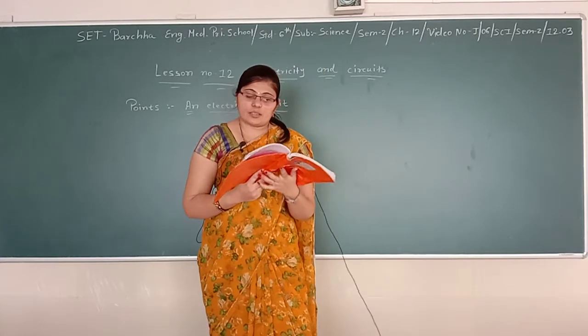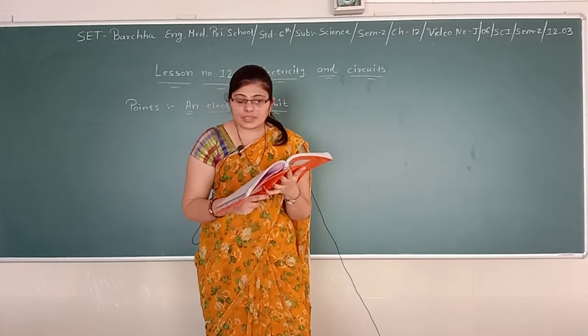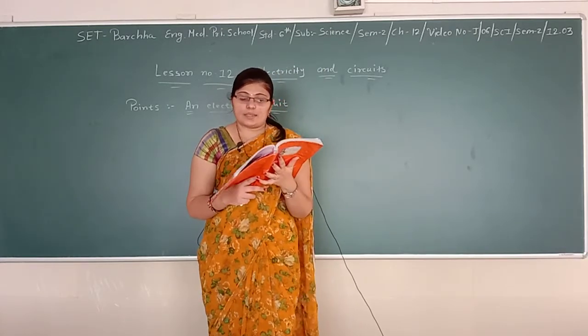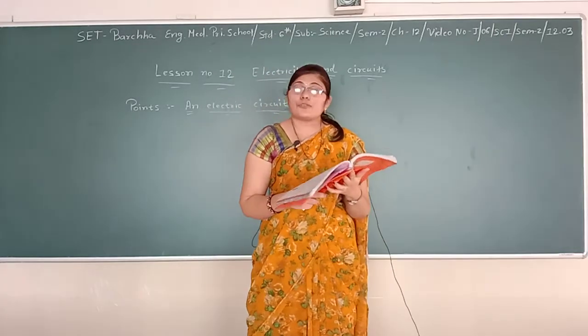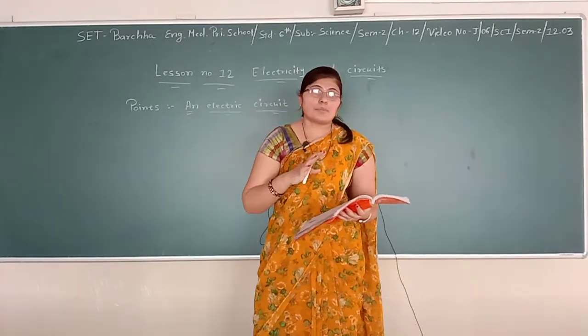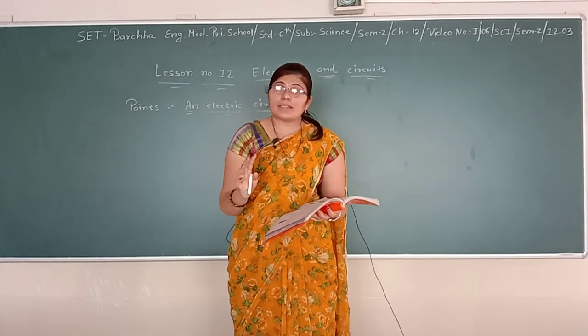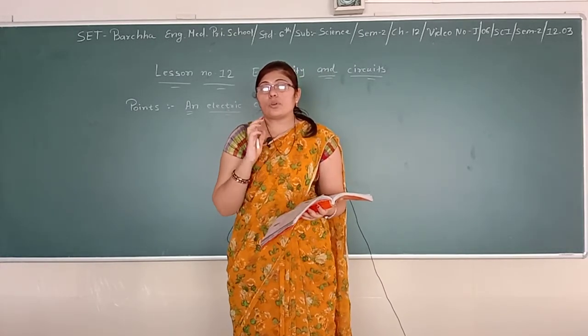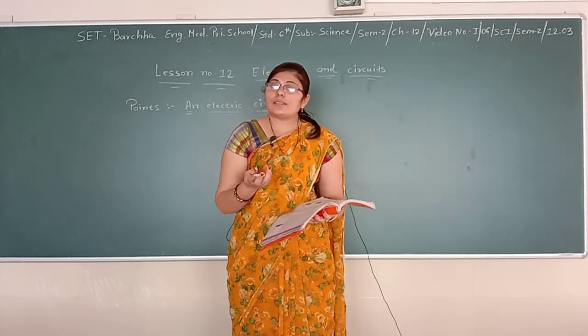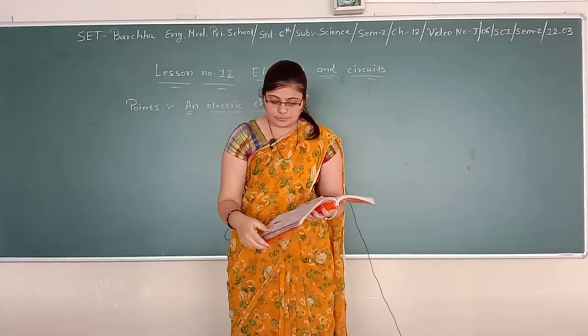Sometimes an electric bulb does not glow even if it is connected to the cell. This may happen if the bulb has fused. Sometimes the arrangement that we did is perfectly fine, the circuit should be completed, but still the bulb does not glow. What is the reason behind that? The only reason is that the bulb is fused.